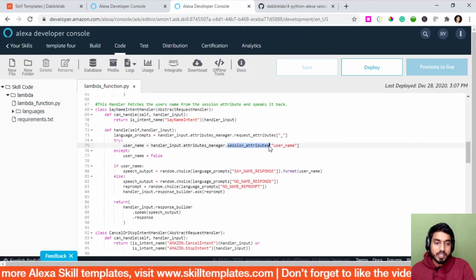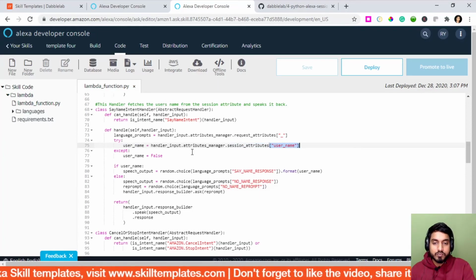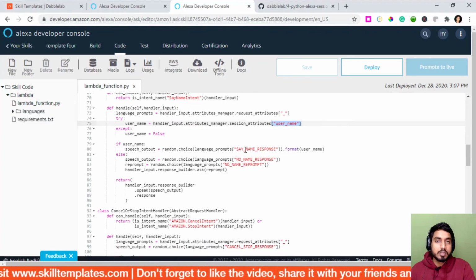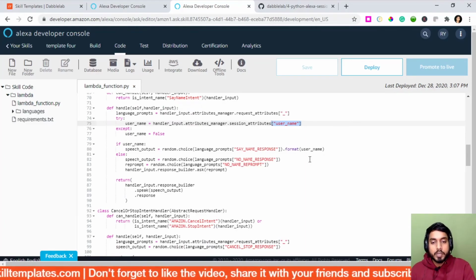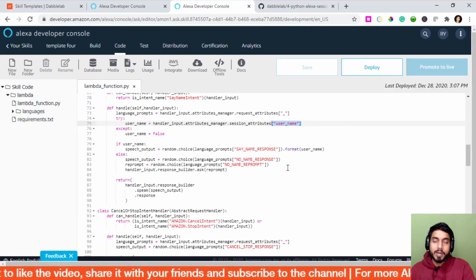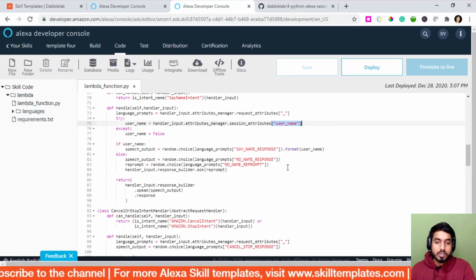So by specifying the key, it checks whether the username is there, and since in our case the username was there, it picked up the username, formatted the next response accordingly, passed our name value to it and spoke it out. So yes, in a nutshell, this is how session attributes work.